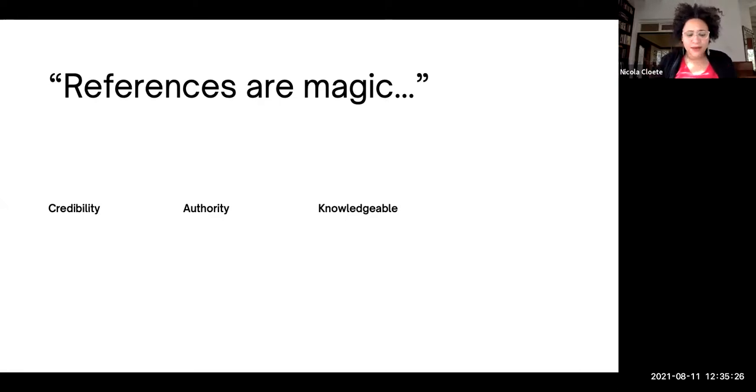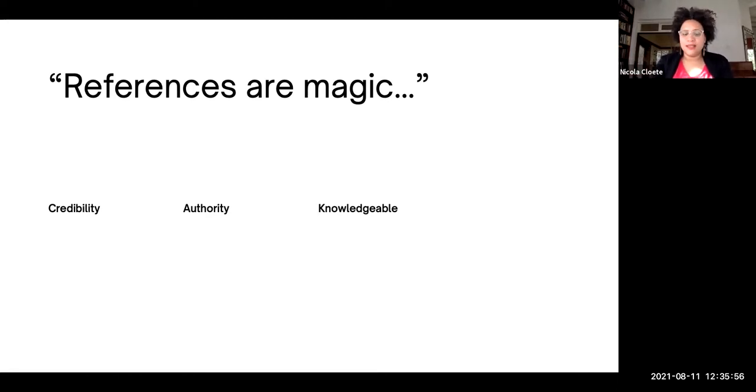So Firth and Mewburn suggest that references are magic. They are these tiny little nuggets hidden in brackets and footnotes that confer power and protection to researchers. And they suggest that since references have power, you can't just use any old citation. The researcher's name must be credible for there to be authority and knowledge embedded in it. And they suggest asking yourself a few questions, and I'm going to have a look at those questions, but I just want us to think about this idea of credibility, authority, and